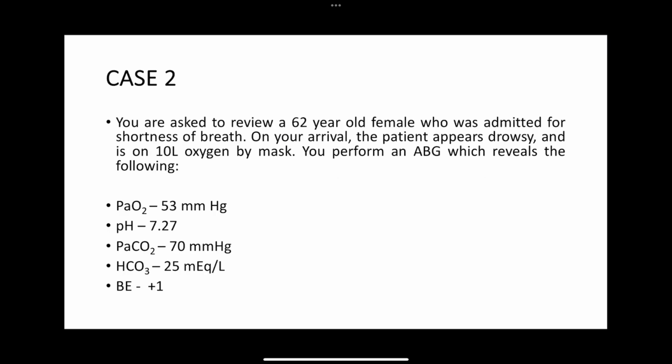Coming to case 2, you are asked to review a 62-year-old female who was admitted for shortness of breath. On your arrival, the patient appears drowsy and is on 10 liters oxygen by mask. You perform an ABG which reveals the following: PaO2 of 53 mm of mercury, pH 7.27, PaCO2 70, bicarbonate 25, and base excess +1. So, the oxygenation, a PaO2 of 53 mm of mercury on 10 liters of oxygen, indicates